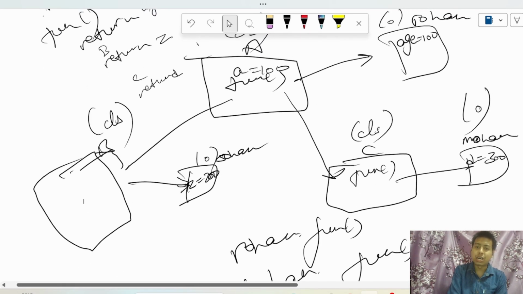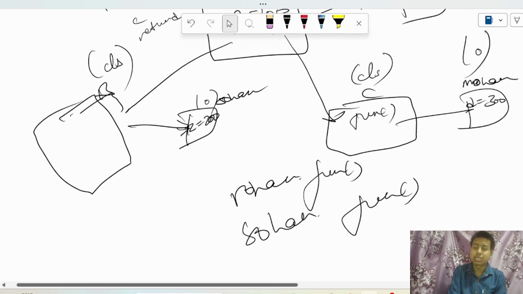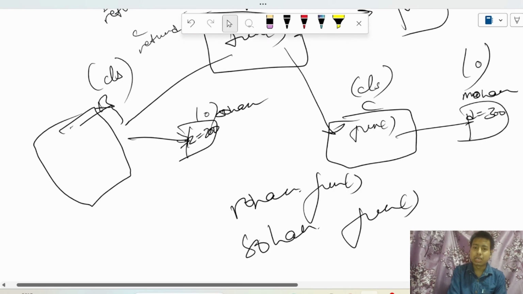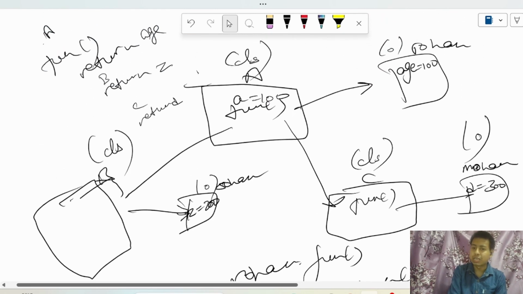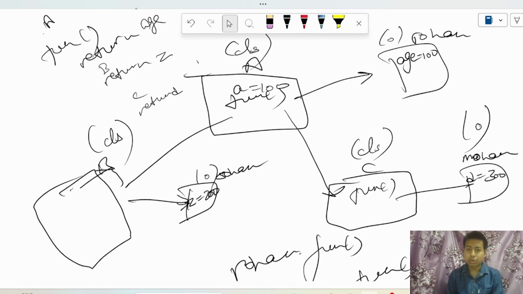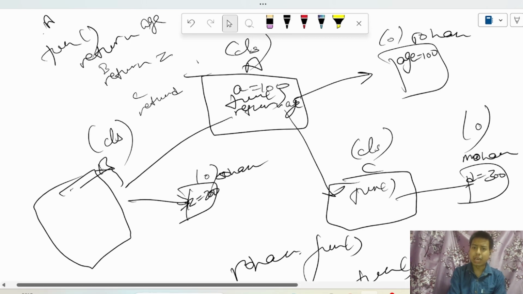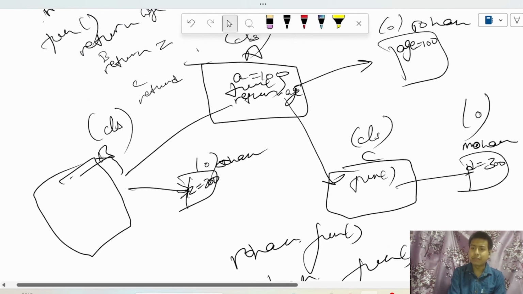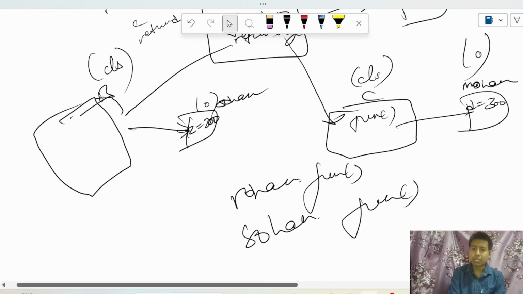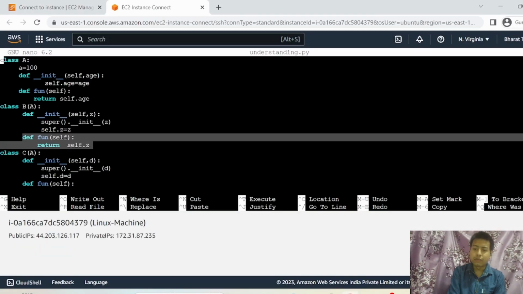It would return whatever that function returns, age, so it would have returned 100. But now what happened, we declared